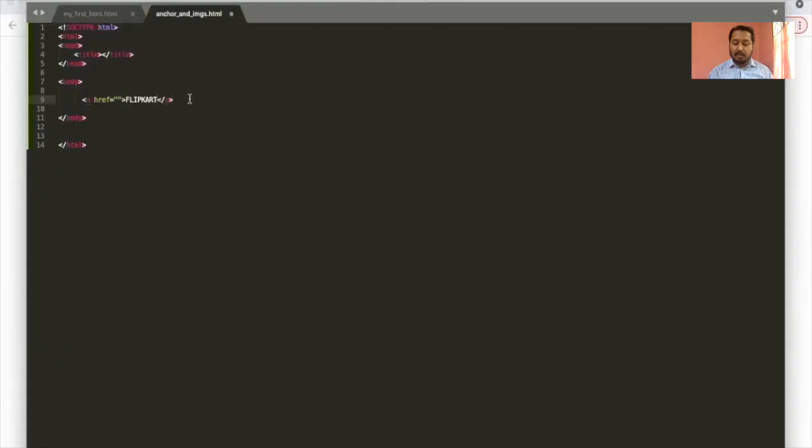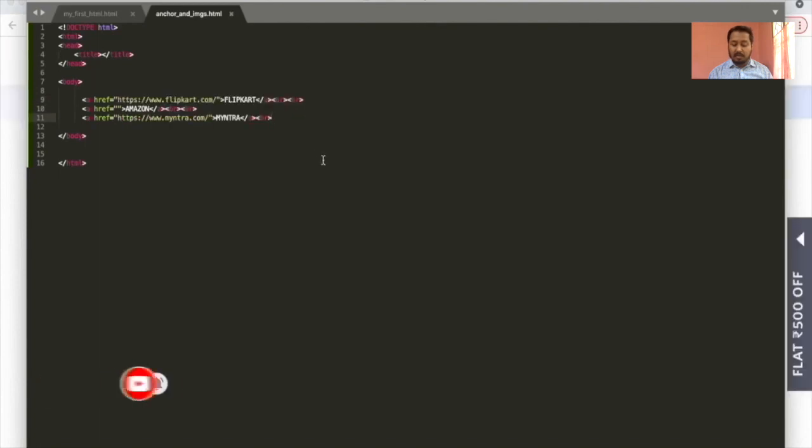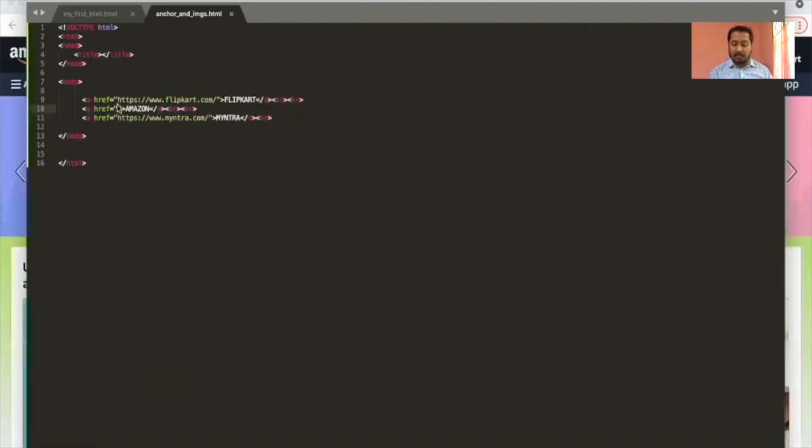For anchor, we need to use a tag, opening and closing. In anchor tag href attribute, we give the link of other file, object or page. We have created 3 anchor tags for opening Flipkart, Myntra and Amazon websites. In the href attribute of the anchor tag, we are pasting the corresponding website links of Flipkart, Myntra and Amazon,